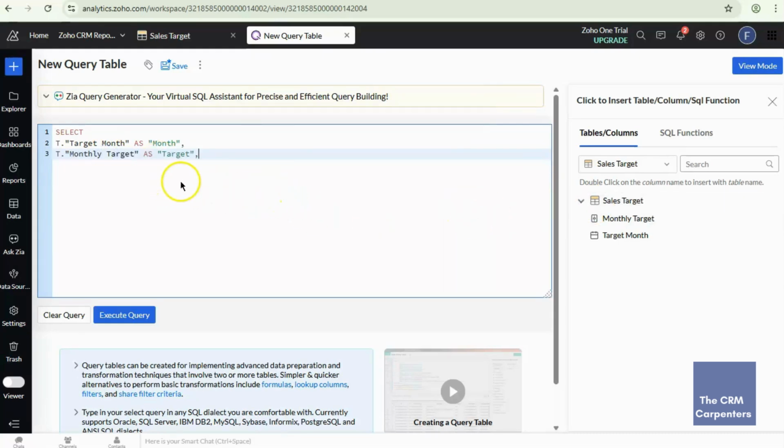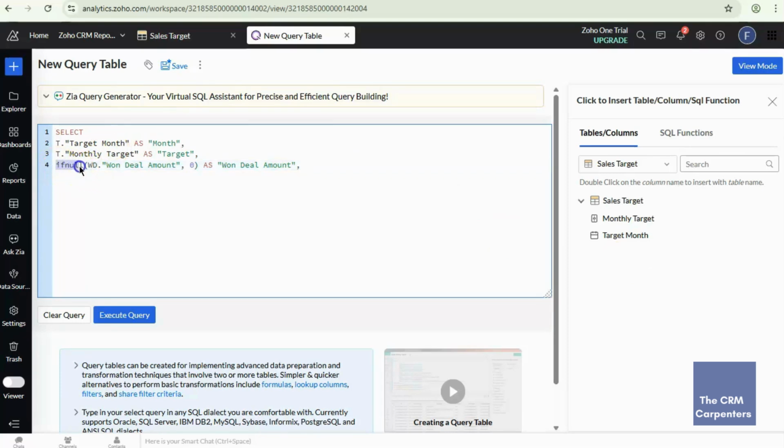So we are getting the monthly target value from the sales target table, and it will be renamed to target that will be displayed as column. So next line is here. We will get the total amount of close won deals for that month.